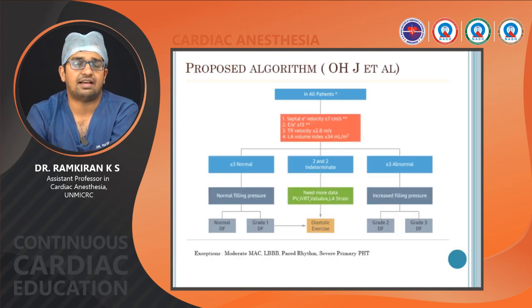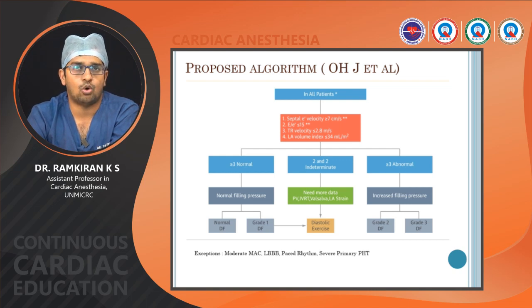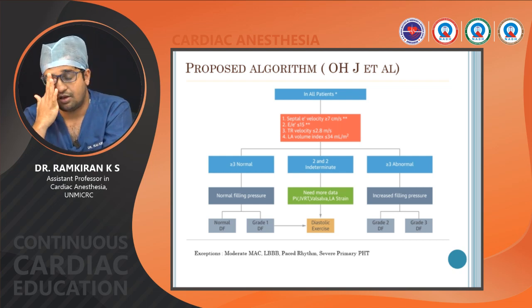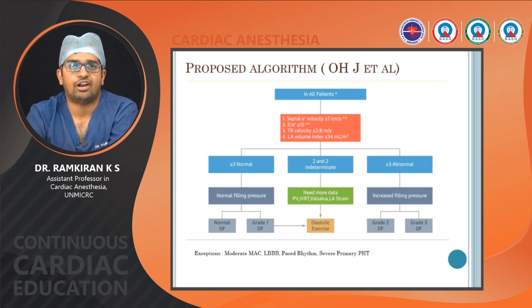So since we have seen multiple parameters and the characteristic U-shaped distribution of those parameters, we have many proposed algorithms, but a recent algorithm proposed by J et al. is a very simple assessment of diastolic dysfunction. In all patients except those with moderate MAC, LBBB, paced rhythms and severe primary pulmonary hypertension, we assess four important parameters, that is septal E prime velocity, E by E prime, TR velocity and